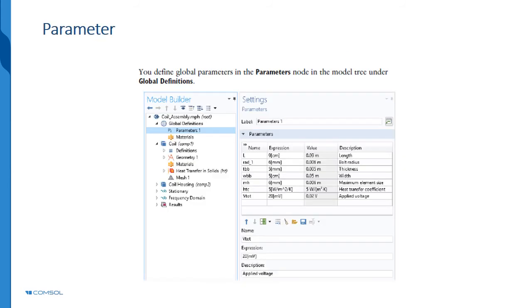Then normally the next step, you're going to see the window of the interface of the simulation console. You can define the fixed parameters for your model. Let's say, for example, you want to fix the geometry, the width or the thickness. We can put it as a parameter over here. But later on, if you want to vary this parameter, you can vary it from here.